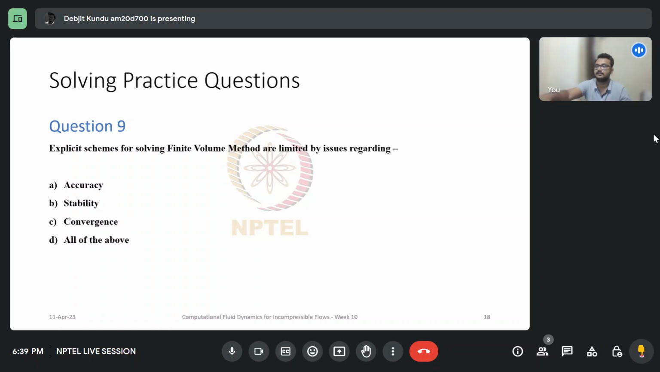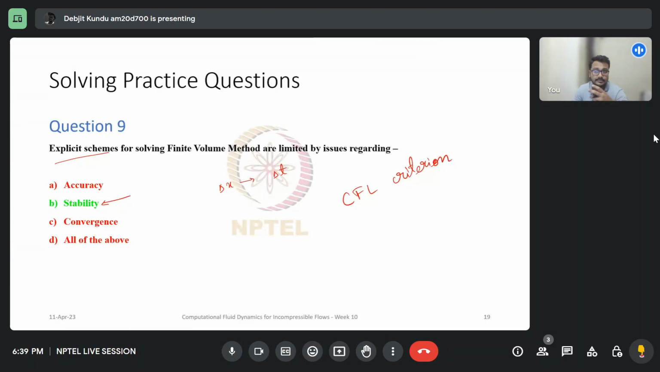So let's have a look at the solution. The solution is option B, stability. That is because that is the main issue in all explicit schemes, that for any given grid size, I have a limited delta t or time step size which I can use, and that is given by the CFL criterion which I have to follow. If I don't, then there will be issues regarding stability of the problem, which would ultimately lead to convergence issues as well, right? So that's why the main issue is stability,